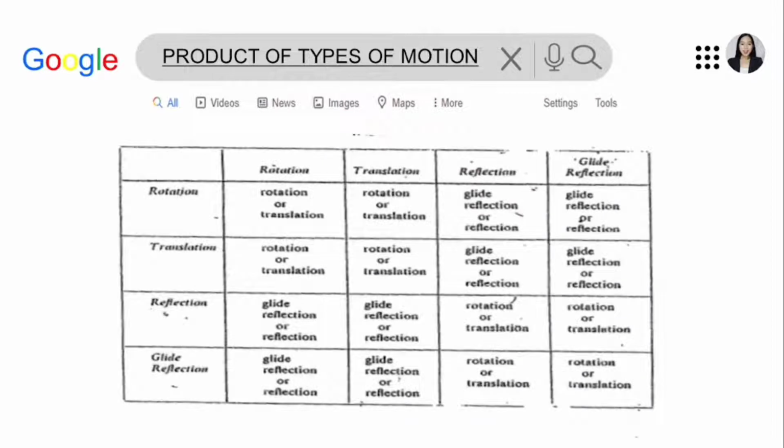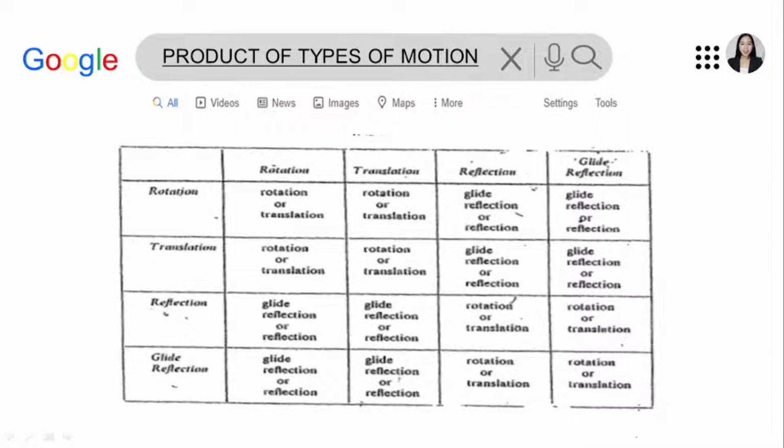So now, the products of types of motion. As you can see in the table, if rotation and rotation, the product is rotation or translation. If rotation and translation, the product is rotation or translation. If reflection and rotation, the product is glide reflection or reflection. And if glide reflection and rotation, the product is glide reflection or reflection. As well as in the translation, reflection and glide reflection,